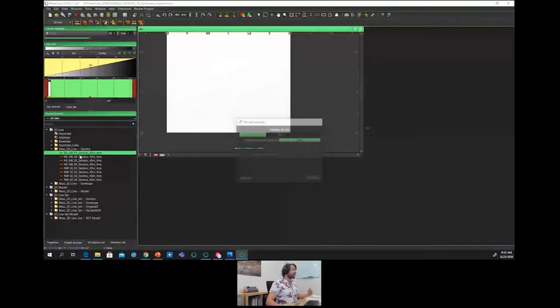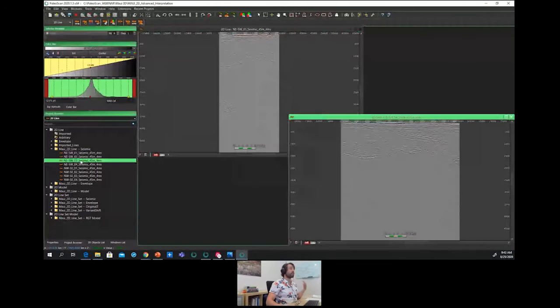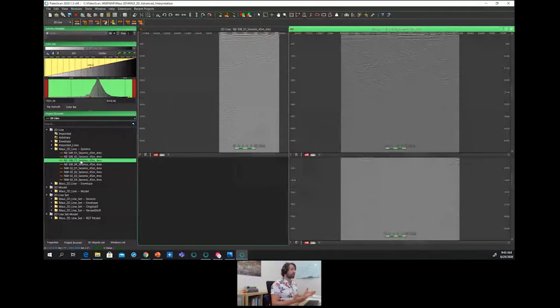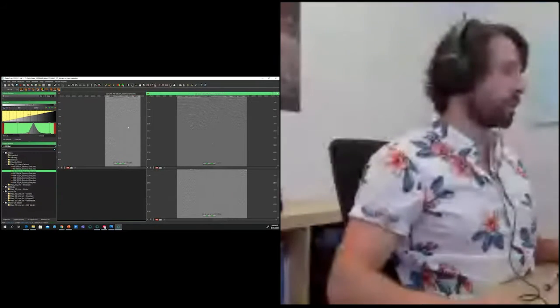So starting from Paloscan and assuming that we have already imported 2D lines, as it is the case in my project, so I do have a multitude of 2D lines in my project. Before going further in the workflow, it is drastically important to understand the kind of data we are working with. That is why we need to think about its understanding and the conditioning we would optionally perform.